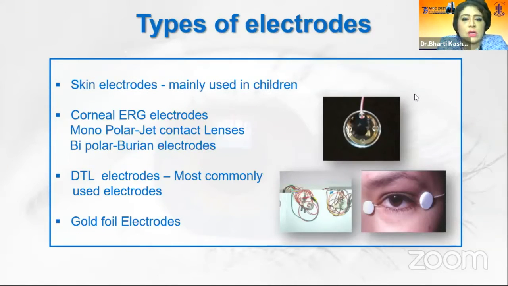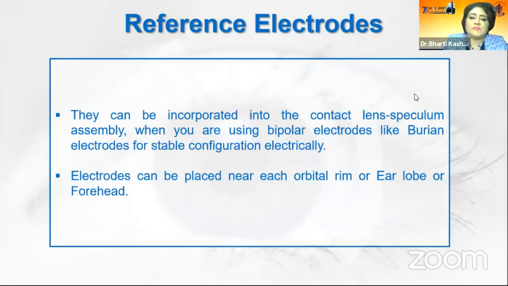Types of electrode. Skin electrodes are mainly used in children. Corneal ERG electrodes are monopolar jet contact lenses. Burian electrodes are bipolar. DTL electrodes are most commonly used electrodes. Gold foil electrodes. Reference electrodes can be incorporated into the contact lens speculum assembly when you are using bipolar electrodes